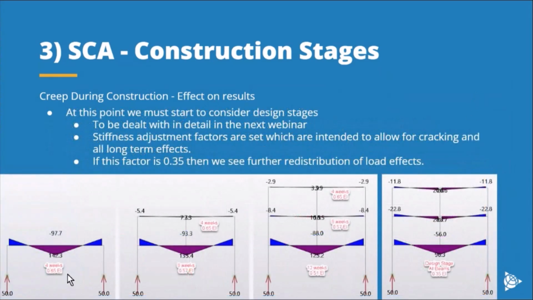So now I've got the same example, the 3 construction stages, and then moving on to a design stage. And in design stage, we use analysis stiffness factors that are dictated by code guidance, or default based on code guidance, but you can edit these values. So the default here is that the ultimate effective stiffness of that beam is 0.35 EI. So if it's got to 0.51 at the end of the 12 weeks, there's a further deflection here and further sharing of load to the levels above.